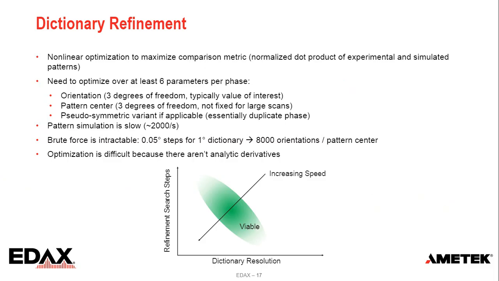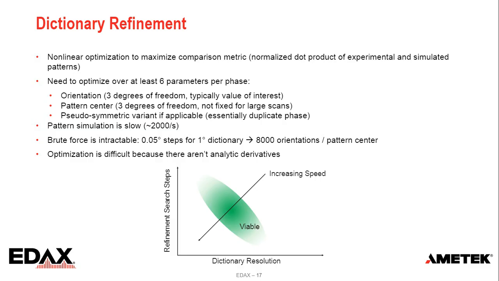And this refinement step is particularly challenging because it's a nonlinear optimization to basically maximize your dot product. And it's a relatively large parameter space because it's not enough generally to fit just the orientation. You're also normally going to want to fit the pattern center at each point. And so with 6 degrees of freedom, you get a lot of space to search very quickly. And it's not really practical to do a brute force approach. And also, because of the way that the model works, we don't have derivatives available,